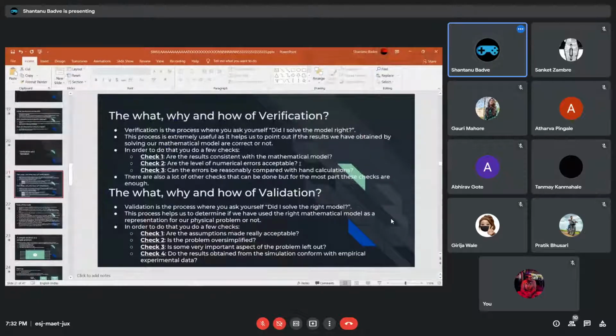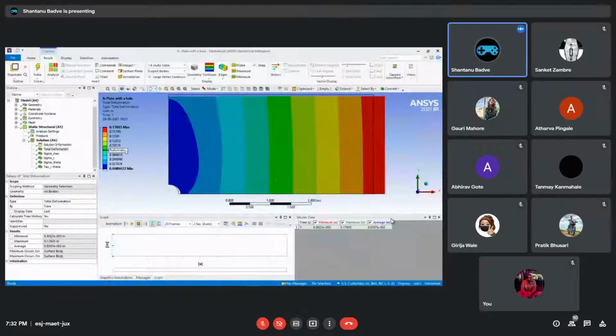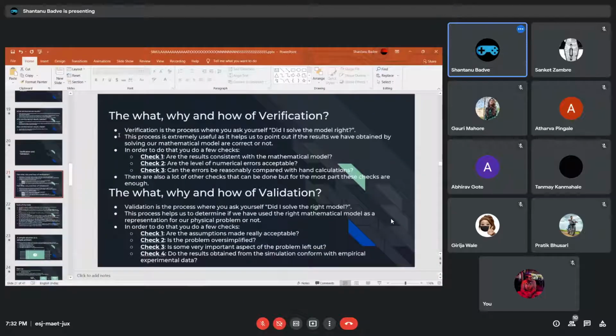Are the mathematical results consistent with the mathematical model? We know what mathematical model we solved, right? We know that we just calculated the strain values, delta L divided by capital L, and we got a value that is finite. It is not infinite. It is not extremely large. It is not extremely small. It is enough. Okay, and therefore, yes. Are the results consistent? Yes.